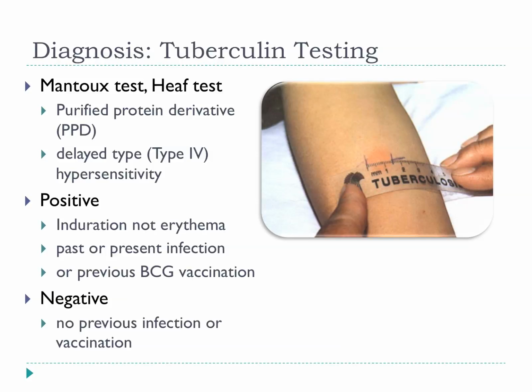And this gives you evidence that the patient has been exposed to the bacterium, either in a past infection, and they may have cleared it, or it may be an ongoing active infection. Unfortunately, it also cross-reacts with BCG. So if the patient's been vaccinated with BCG, you also get this positive result. So a negative result says that they haven't had infection, or that vaccination has not worked properly.